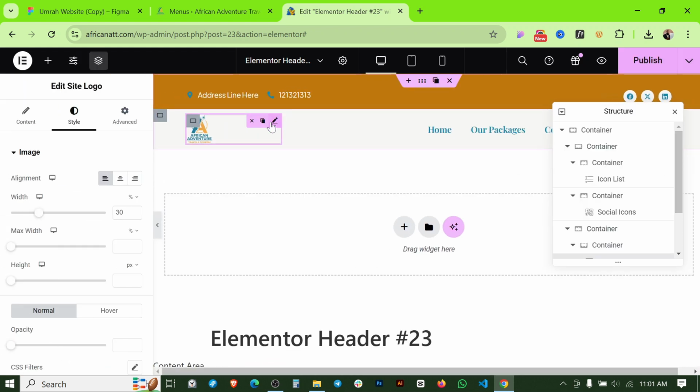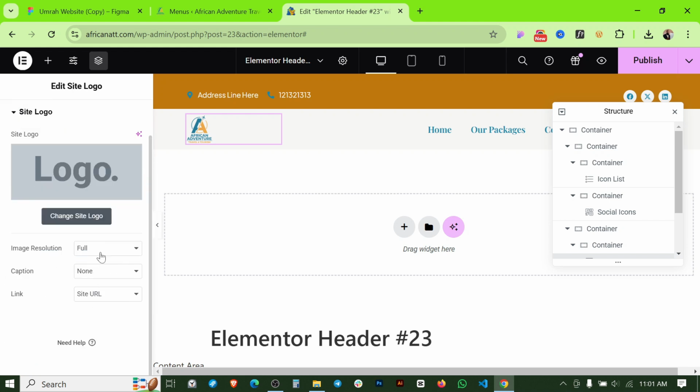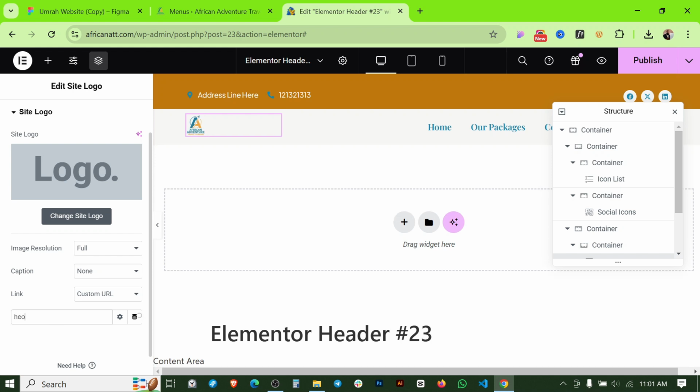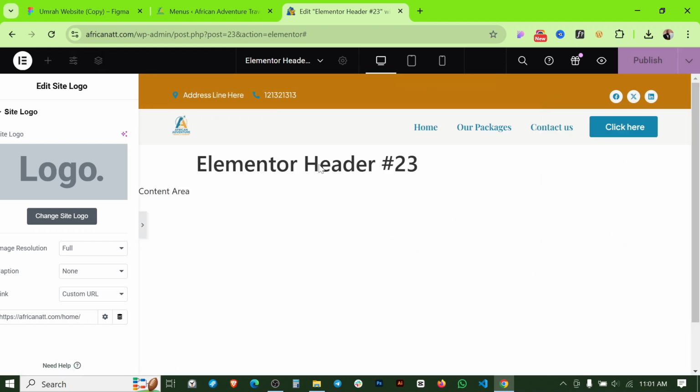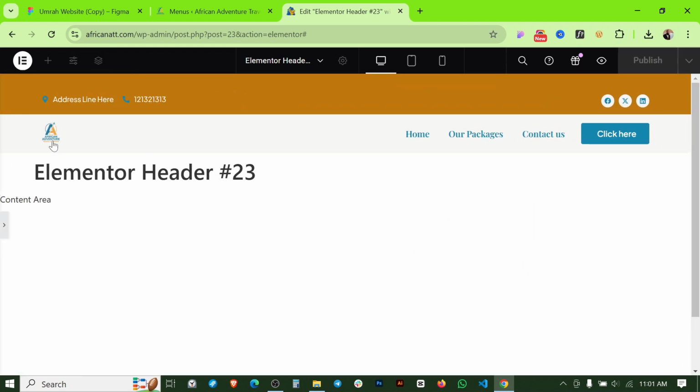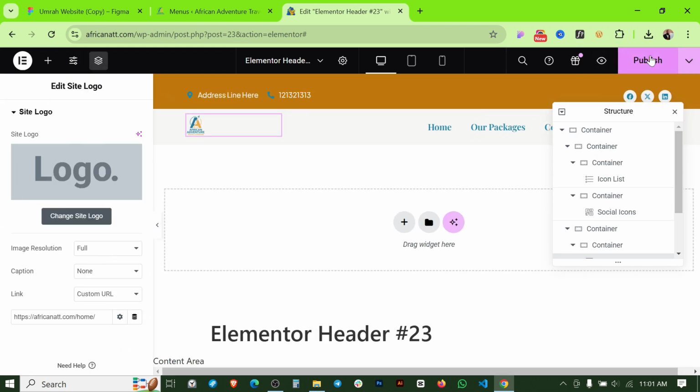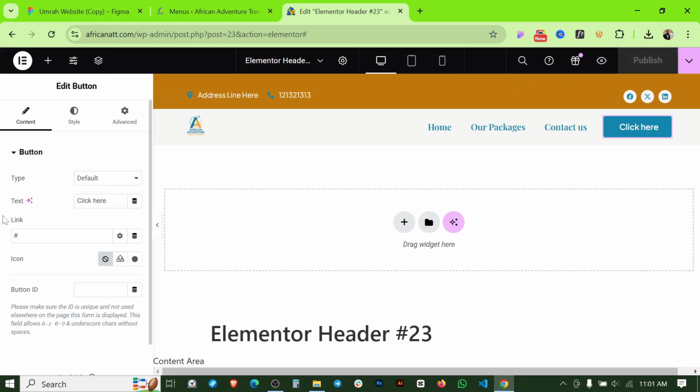And I can always put a link in this logo. So if I go for link, custom link, and I'm selecting home page, sorry, for this icon, I mean this logo, and it is linked up. And if I click on publish, it is published. And click here, we can make this to book